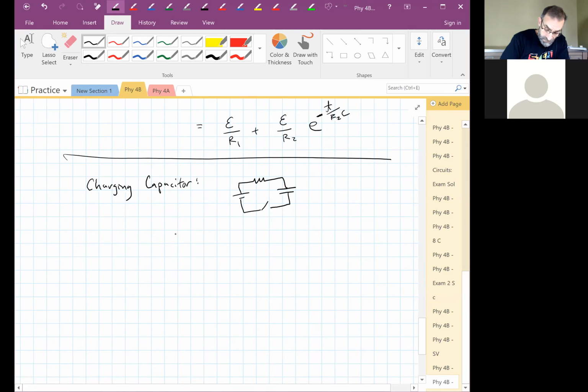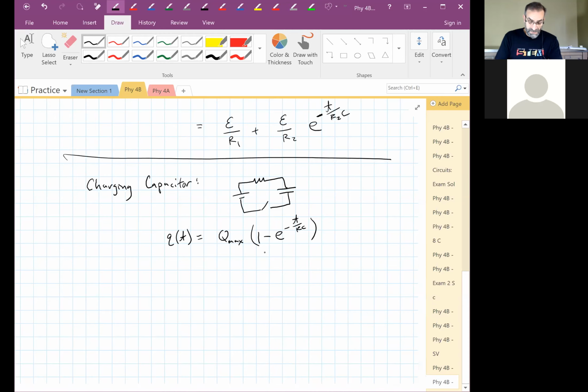Q as a function of time. Right? Let's see. When t equals 0, we get 0, right? When t equals infinity, we get Q max, right? That's correct. And the current as a function of time